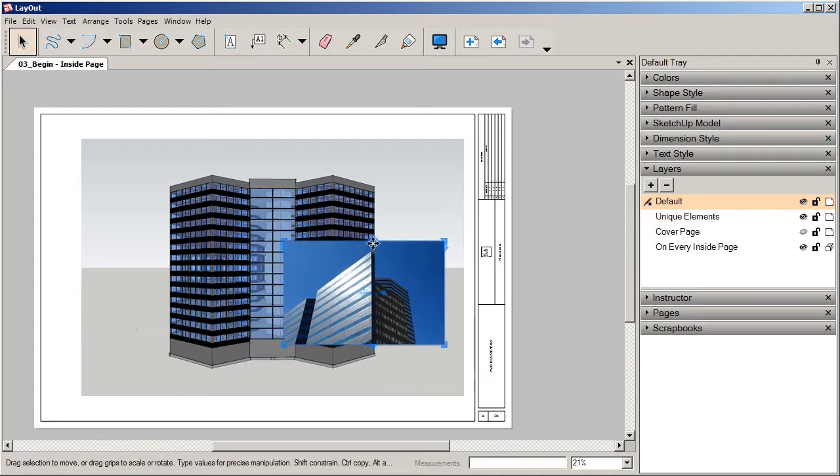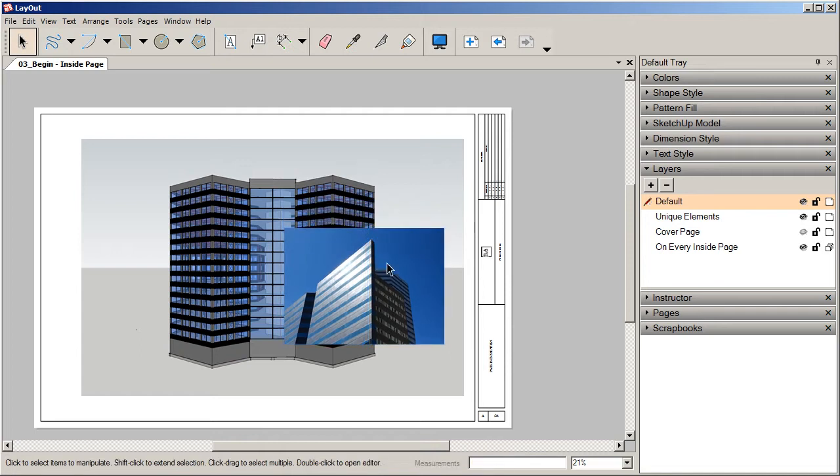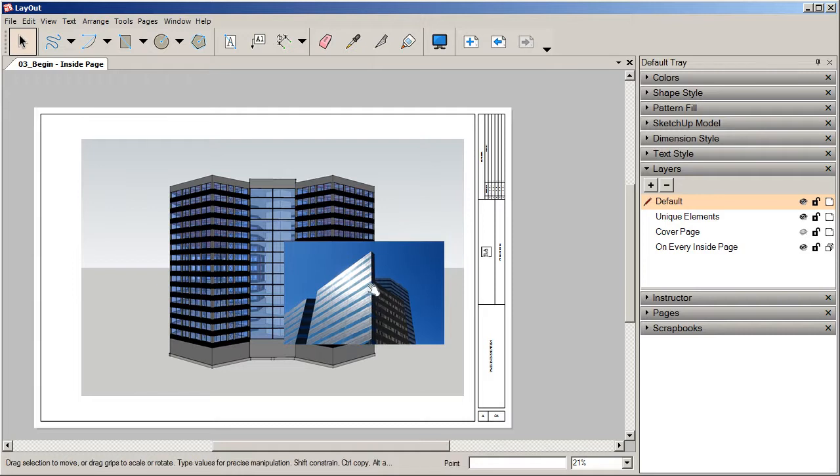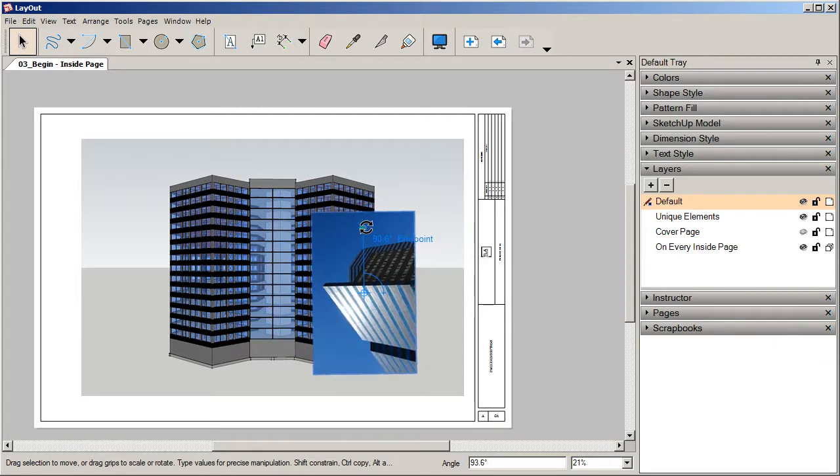Now if you want to change it going this way, you can adjust it like this, but then you get that weird distortion, and I really don't want that in my thing here. I want it to be as close to the original image as I can. So now I'm going to rotate it, give it a quick 90-degree rotate, like so. Once I get it to 90 here,